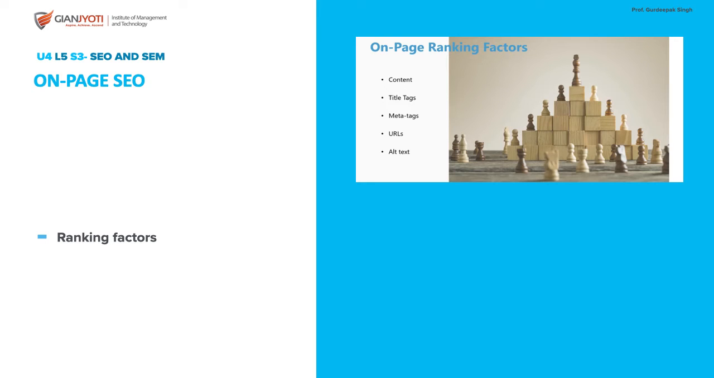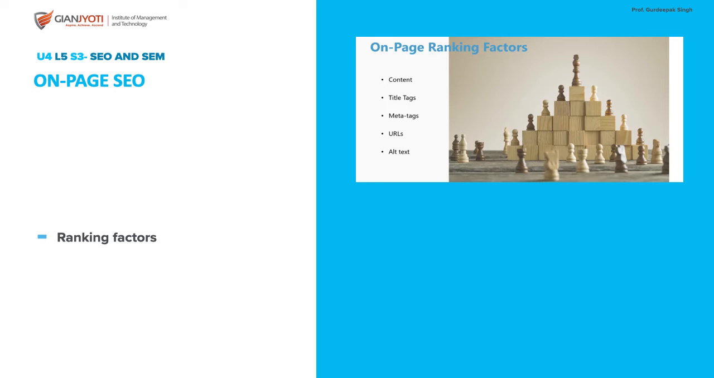So on page SEO, what are the ranking factors on which you can improve your rank? These are the five. We will not go into the details because that is very technical in nature, but I'll just glance through the five ranking factors which can take your web page to a better rank. First is the content, then title tags, then meta tags, and then URLs, universal resource locators, and alt